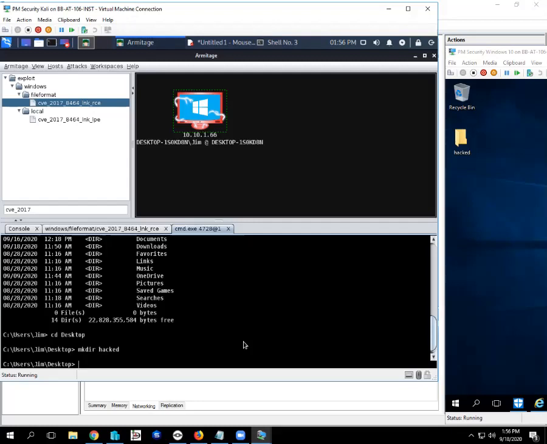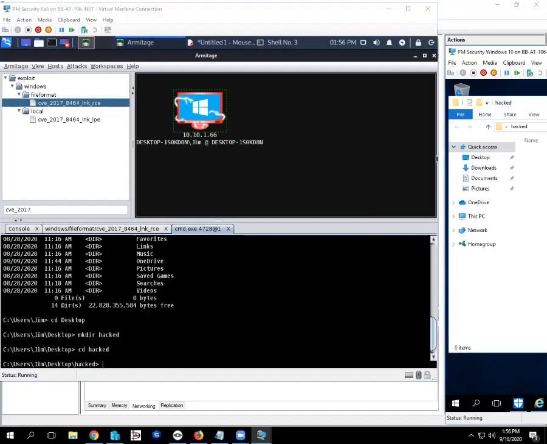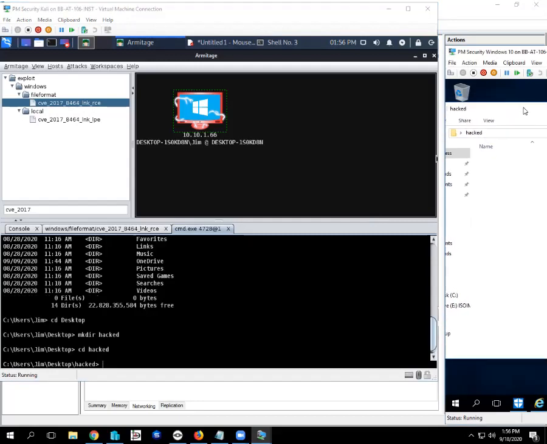At this point, I'm going to change into the hacked folder, and inside the hacked folder, well, I can open it up on Windows. And I'm just going to make my Explorer here where I can see the name column, see it's blank. I'm going to make a file in here, but I'll make a special file. I'm going to capture all of the connection settings to the machine. So I'm going to do a